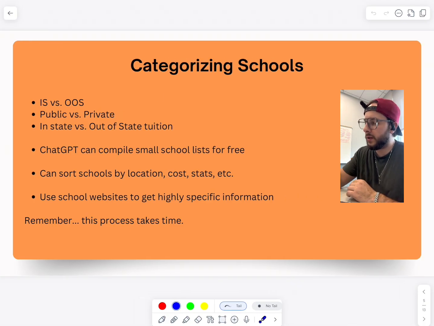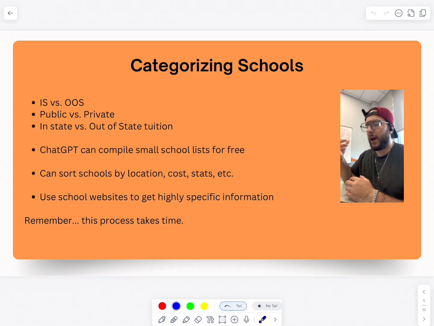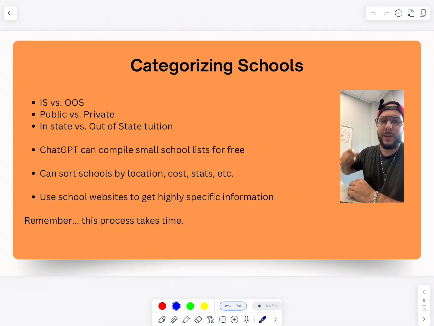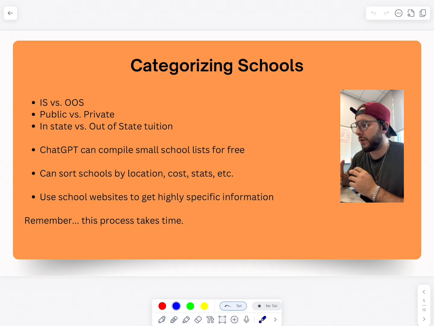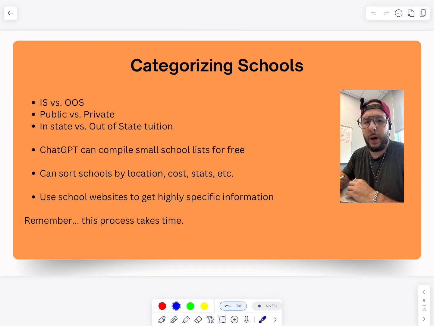Now, one thing to be certain of is that public schools and private schools in general have different preferences. Public schools want to accept students from their state because they're going to have funding from the state. They're going to give preference to students in the state, especially students that they think are going to stay in the state. So if you have strong ties to a state that you were born in, a state that you live in, a state that your family lives in, that public institution is probably going to prefer you. Private institutions, maybe not so much, although there are some exceptions to that rule that we will discuss.